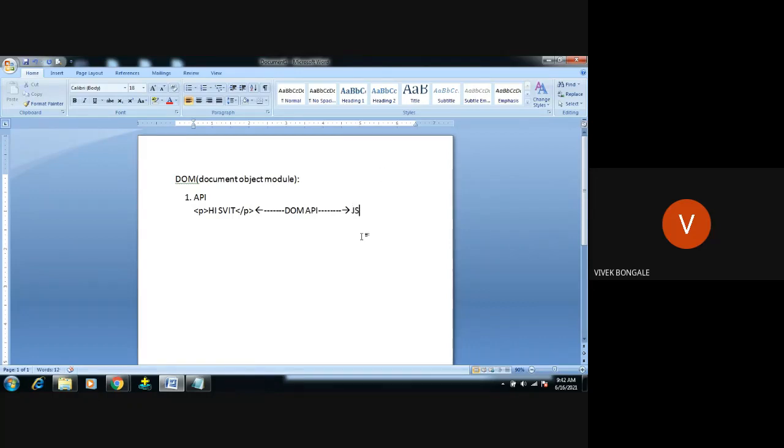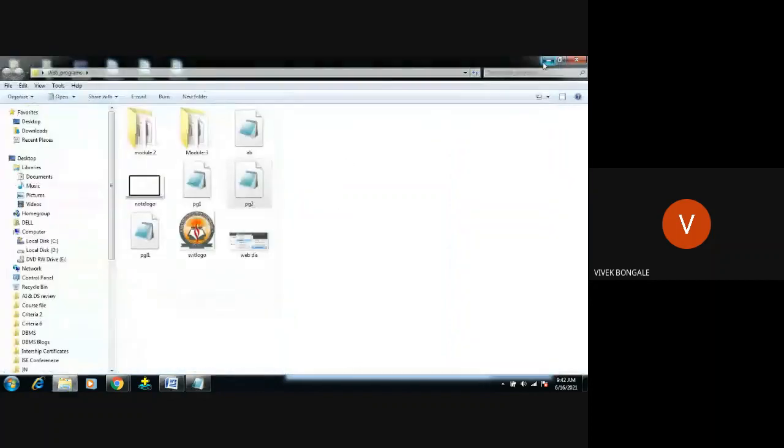This is the reason we need the Document Object Model. So how will this DOM get the HTML values? First we need to understand what the DOM tree is in HTML. Give me a minute.